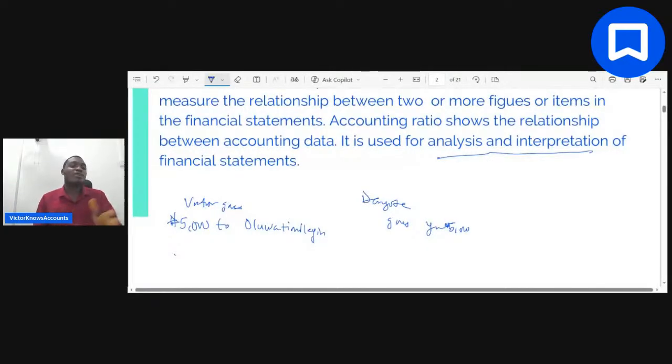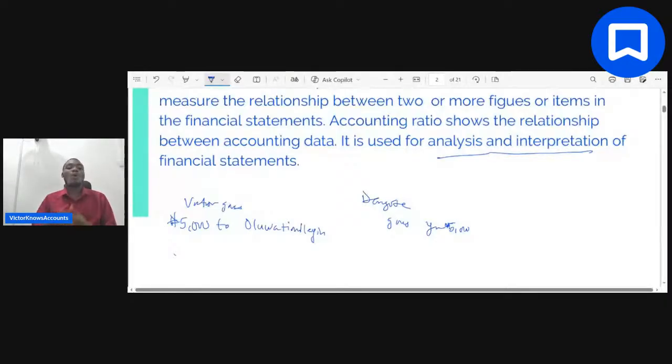Ratio can also be used for comparison. If, for example, I give you 5,000 naira, and you ask your classmates and notice that I gave every other person 50,000 naira each, by the time you look at it, you'll be like, even though he gave me 5,000 naira, he gave all these other guys 10 times what he gave me. So you calculate the ratio in your head that he's giving me 10% of what he gave the other people. Do you understand that? That's the way ratio works.